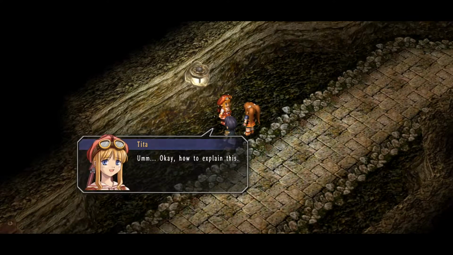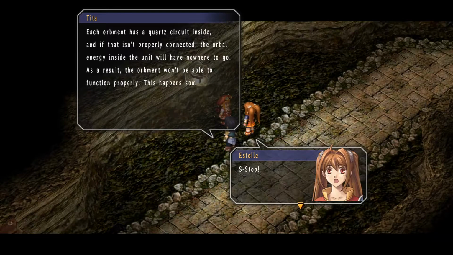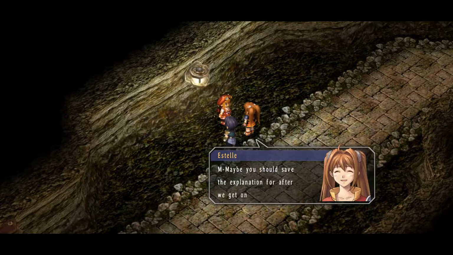Okay, how to explain this? This orbit has a quartz circuit inside, and if that isn't properly connected, the orbital energy inside the unit will have nowhere to go. As a result, the orbit won't be able to function properly. This happens sometimes with the highway lights, which means their ability to give out light and ward off monsters is compromised, so... And maybe you should save the explanation for after we get on the road. I mean, if we stand around too long, the monsters, you know...